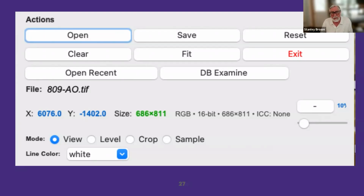Reset just changes it to however it was when it opened. Clear erases everything. Fit maximizes the image on the screen. Exit obviously closes. And the DB examine, if you have data in there, you can go ahead and look at it. Below that, the file, that will tell you the name of the file you're looking at. Below that, the next line, the blue numbers in there is just the position of your cursor on the screen. The green tells you the size of your image, and then a little thumbnail that gives you some background about